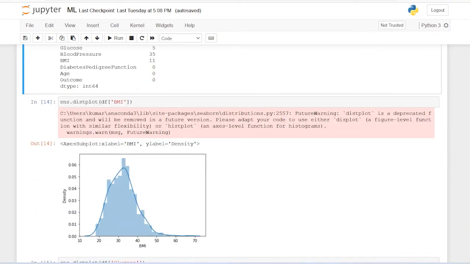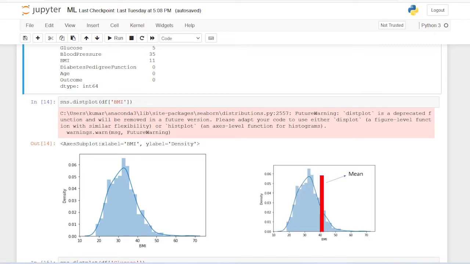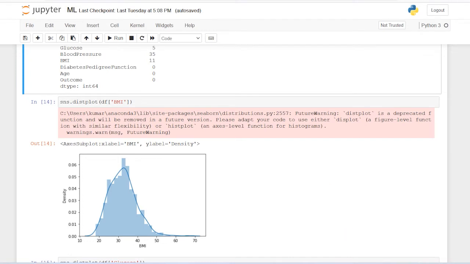As you can see, this is the graph of BMI. This is how my data looks. The number of data from 20 to 40 has a high amount of concentration in my data set. So it is particularly skewed through the left side, as you can see. So I will be using the median because if I use the mean, it would be somewhere around 40 to 50, and so it will not be closer to my actual data. So I will be using the median in BMI.